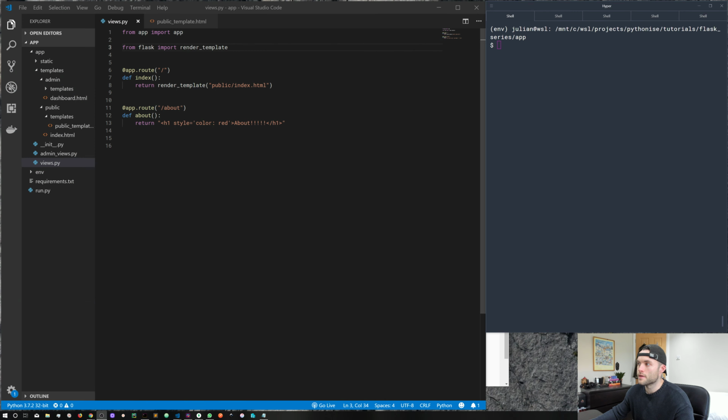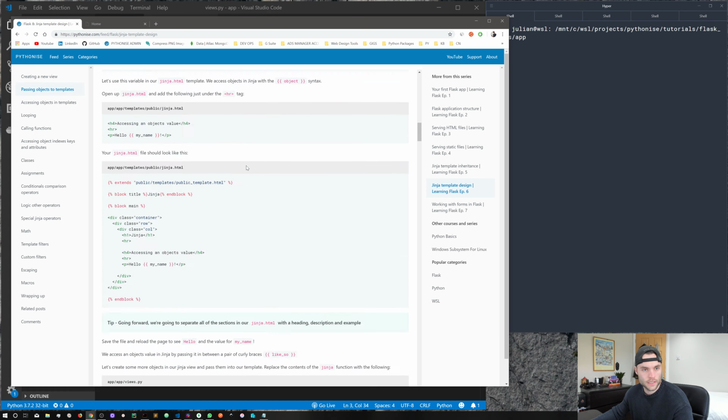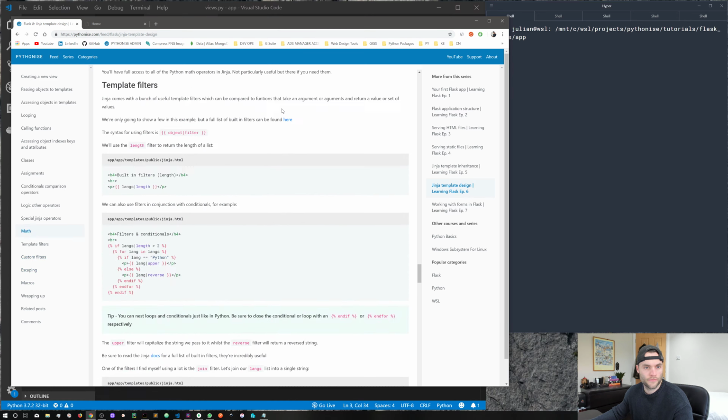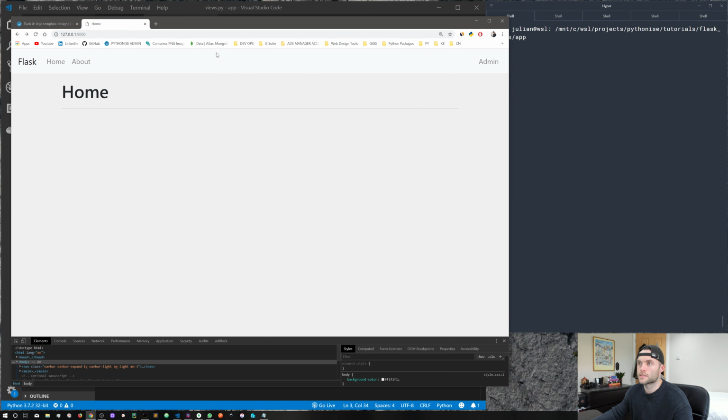Here we are on the main screen. You can see we've got a terminal, we've got an editor, and we've got a browser open. And as always, I do have a text-based version of this guide. As you can see, it's pretty long. There's a fair amount of ground to cover. So let's get started. Let's head over to our localhost,